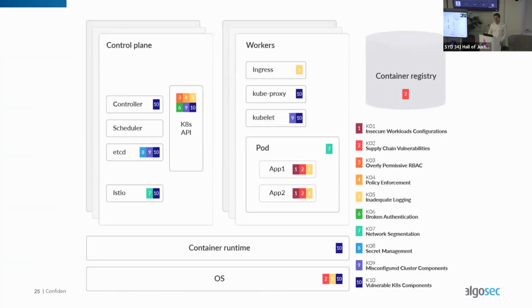I wanted to kind of show you these known risks around Kubernetes today. As you can see, there isn't a single component in the Kubernetes architecture that doesn't have a known risk or CVE associated with it. So it's important that you're aware of it and that you look at everything as insecure as possible. That's how you should always look at things.